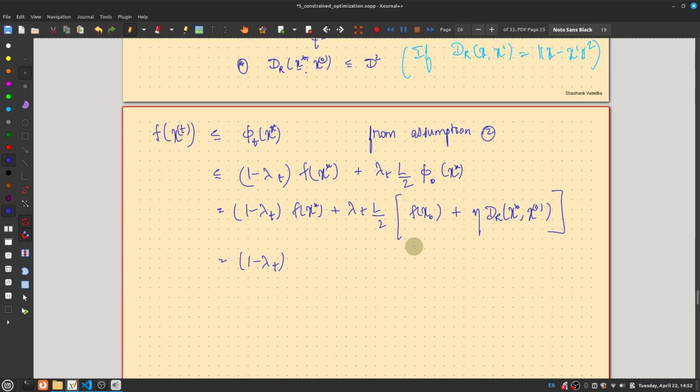Let me sort of collect the terms involving x naught, x star, so this is f of x star minus lambda t times f of x star plus